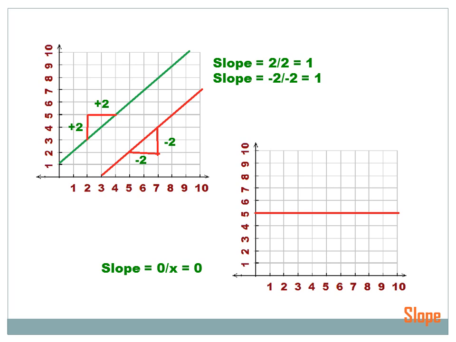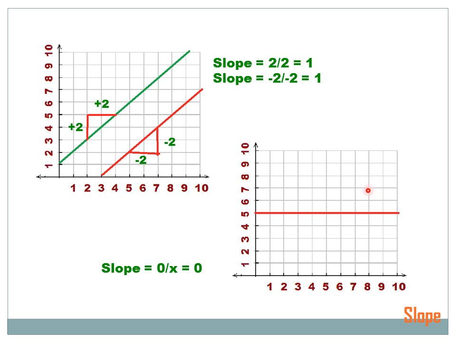Here's a second thing that you should probably understand. The slope of a horizontal line is going to be 0. And I think you'll see why in a minute. If I pick any point in that line, like right there,